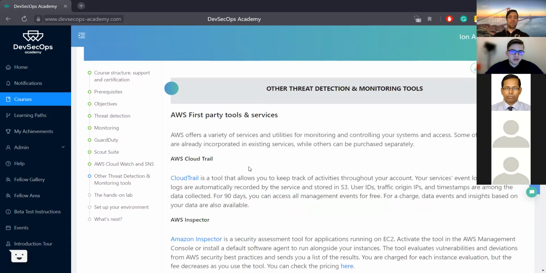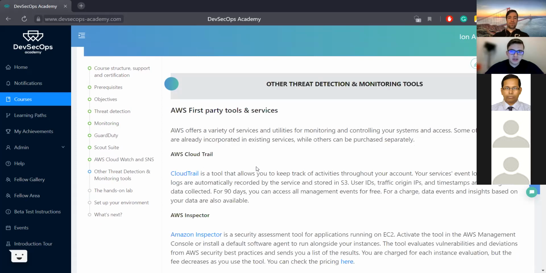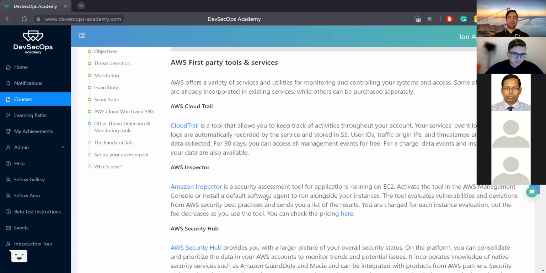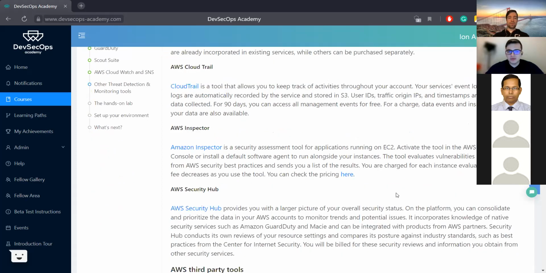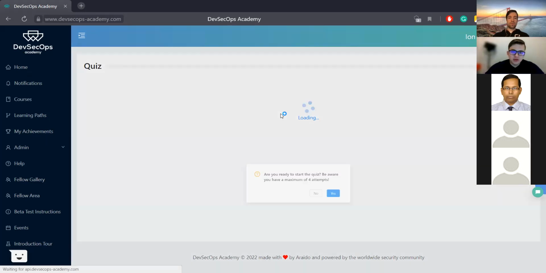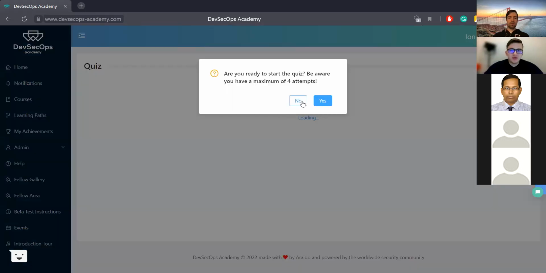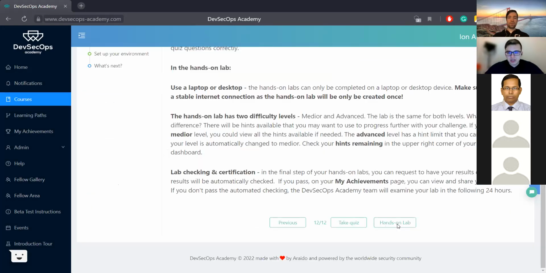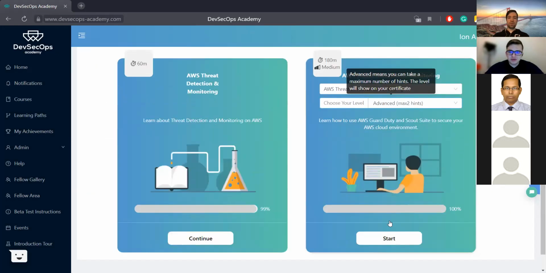After that, you are going to be introduced to other threat detection and monitoring tools. At the end of the preparation lab, you should complete a quiz. You get only 4 attempts. If you complete the quiz, you will get a badge, and after that, you can proceed with the hands-on lab.